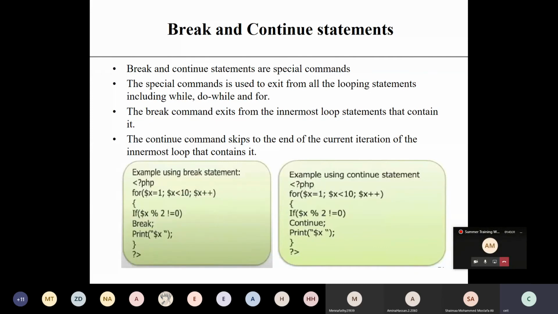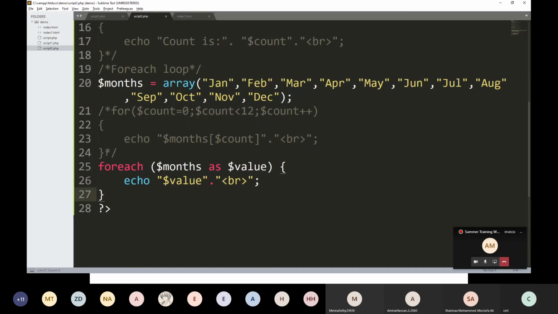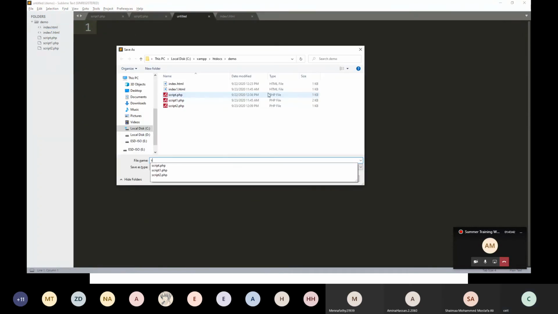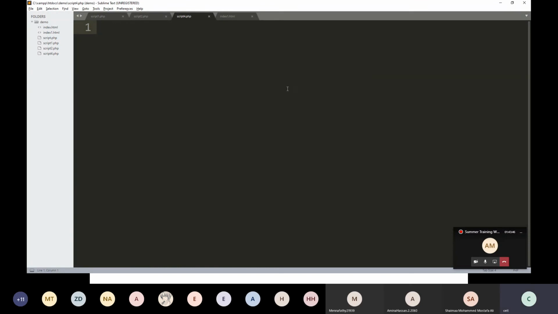We'll see the demo here. I will take another script. You can also write inside the HTML like I have done the first one. First, we will see the break example.